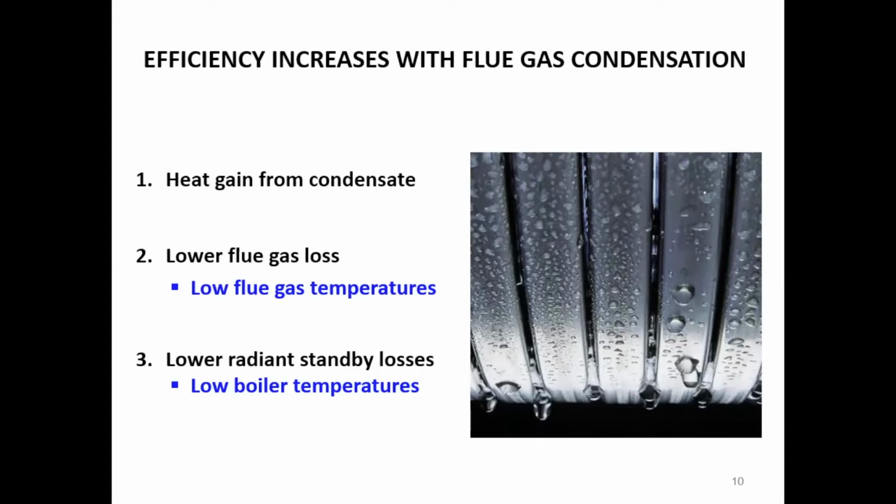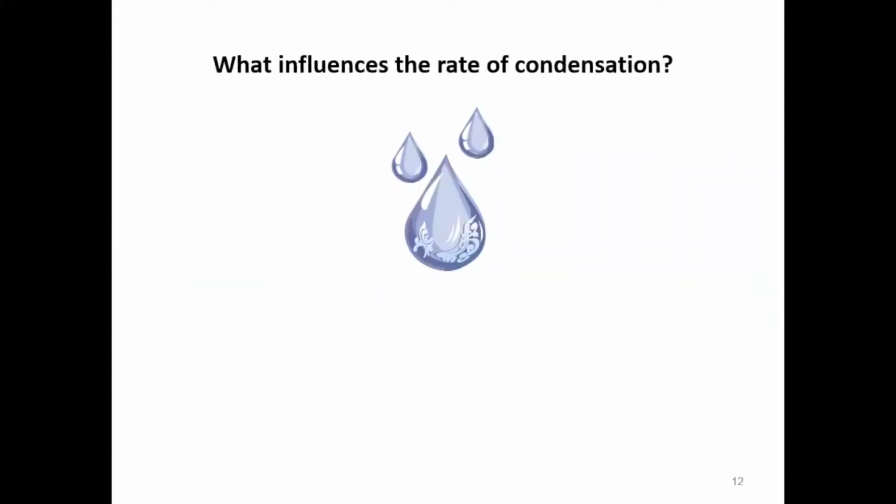And then all of my other losses become lower as well, because I'm doing a modulating burner, I'm modulating the water temperature, I'm getting the water temperature down, and typically the boiler is better insulated. I start to add all of this together, and that's how I get the efficiency away from, let's call it about 86, maybe 87% efficient, into somewhere in the 90% range. Okay. Now, in order to get the boiler to condense, I have to